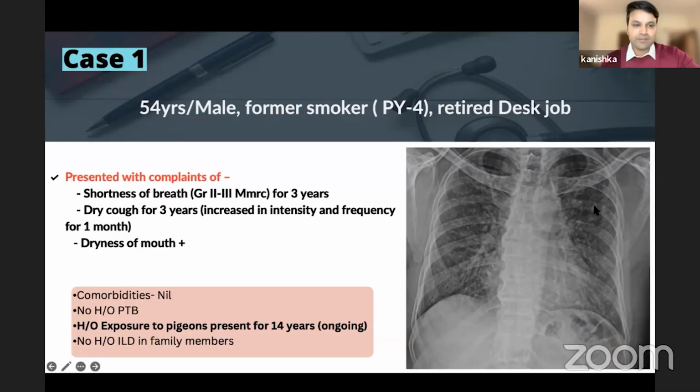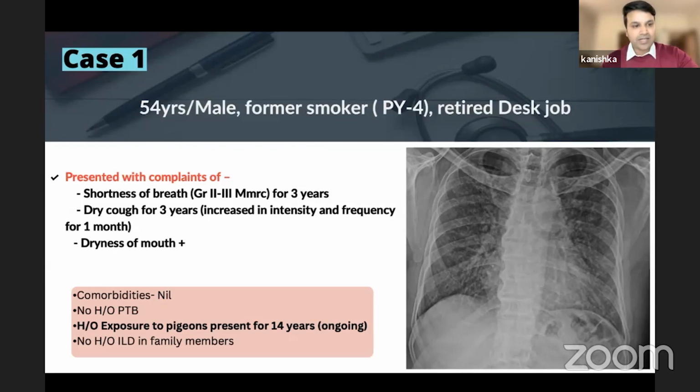To help us in making the decision about the diagnosis of fibrotic HP, we will be aided by Professor Steve Nathan, Dr. Khushbu Pelania, who is going to be the radiologist, and Dr. Charul Dabral, who is our pathologist. It is case-based, and the case will be presented by Dr. Kanish Kumar. So this is case 1, a 54-year-old male, former smoker with 4 pack years, retired, with a desk job,